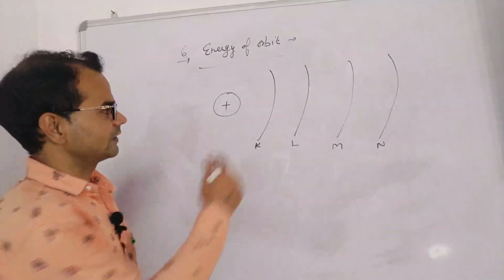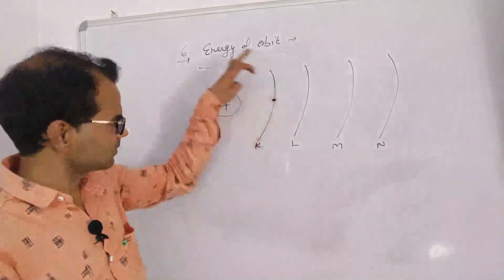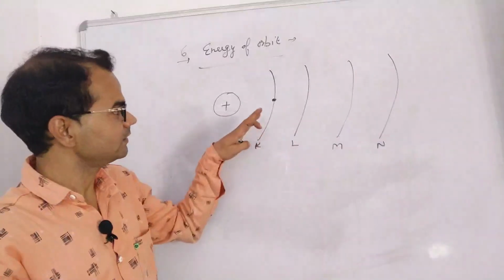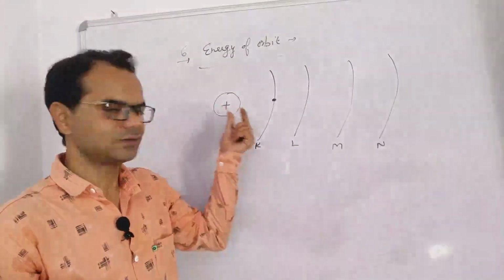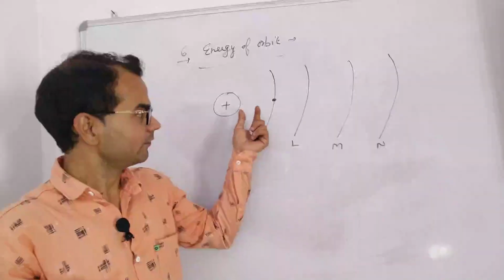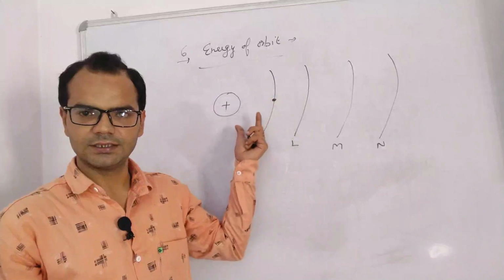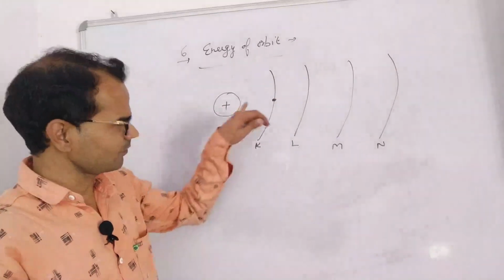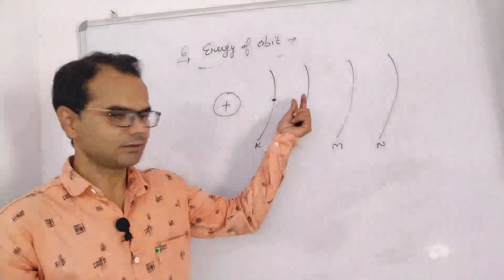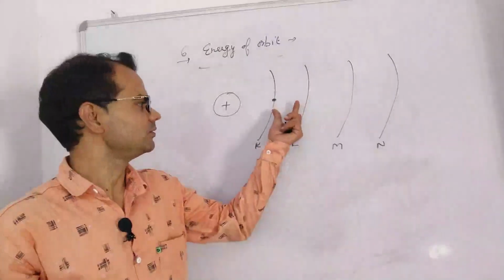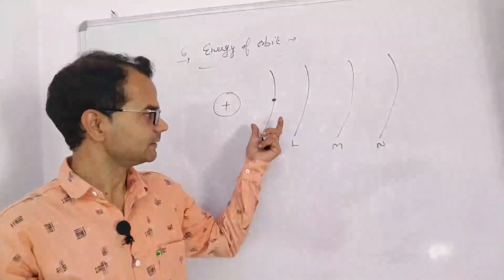One thing more to understand: if an electron is present in the K shell, meaning it is revolving in the K shell, it will stay there. It can jump to a higher level when it absorbs a certain amount of energy, and if it goes back to a lower energy shell, it will release energy. Any electron can jump to a higher level by absorbing a certain amount of energy and can de-excite back to the normal level by releasing a certain amount of energy.